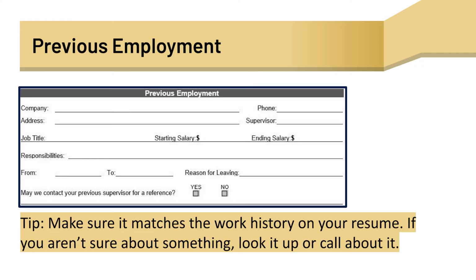The application form may contain a field for starting salary, ending salary, or current salary. You're under no obligation to tell a prospective employer your current salary. You have several options. Leave the field blank, put a 0 or no in the field, or enter NA for not appropriate or not applicable. Previous employment or work history can be found on your resume or on a separate list of jobs.